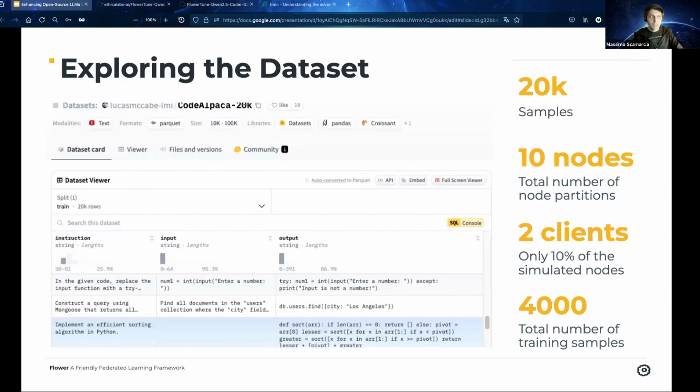So about the dataset, it is an instruction dataset where you have the instruction, the input, and the output as features. You don't have additional labels that could have been used in distributing the data across different nodes, like a label describing the programming language or the kind of challenge. But anyway, we use this in